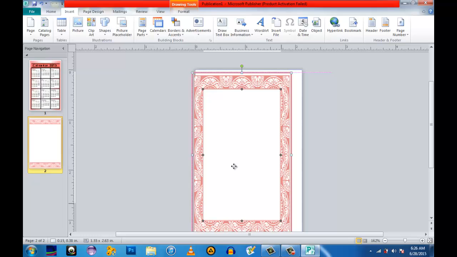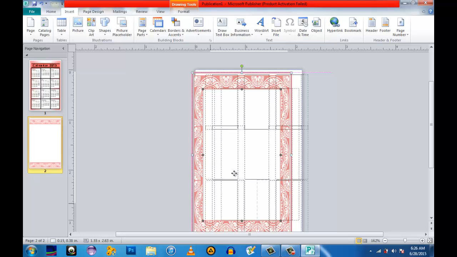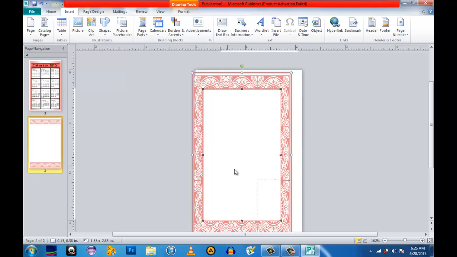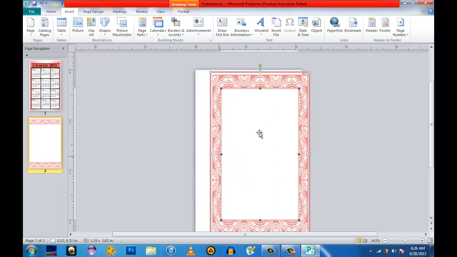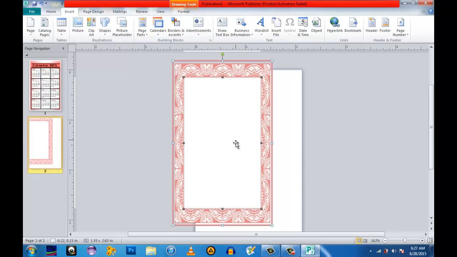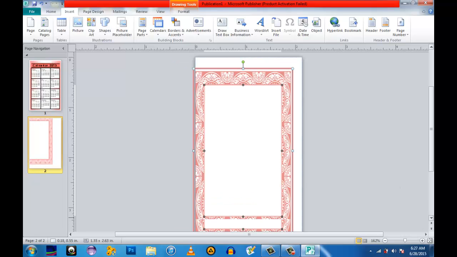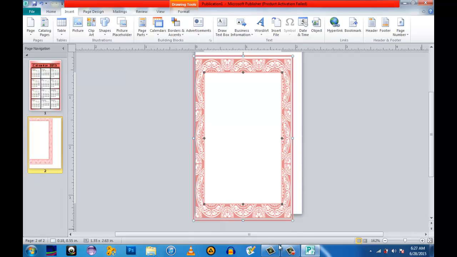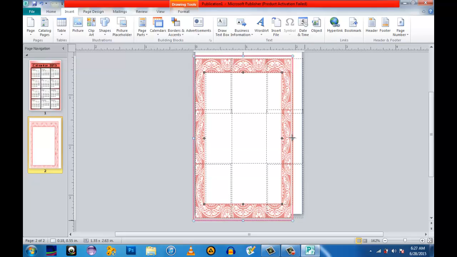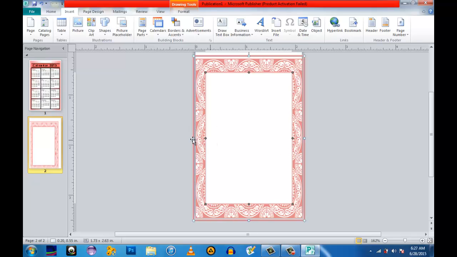Just pick the border to other page. So my cursor is not really functioning well. It's very slow.